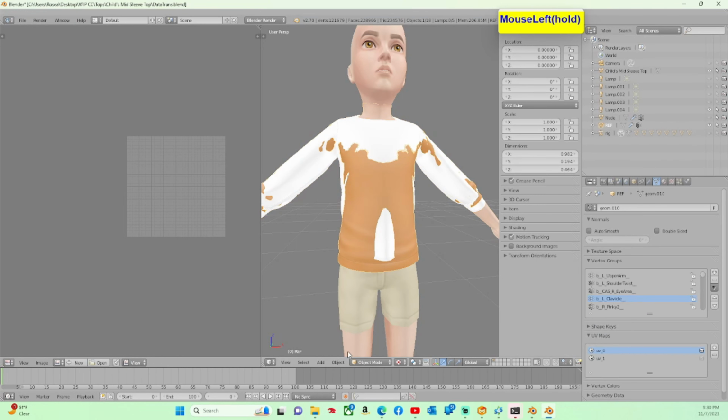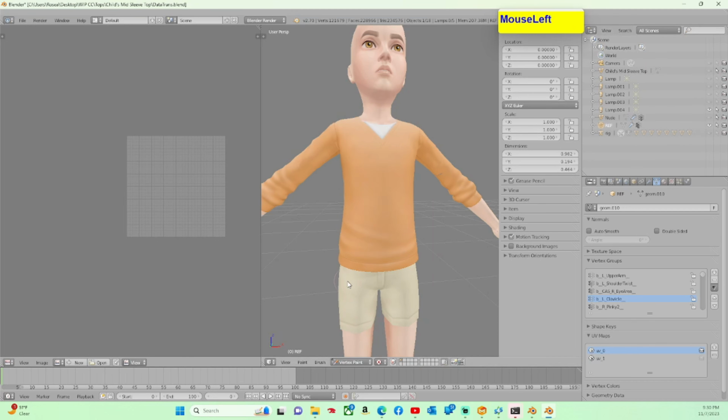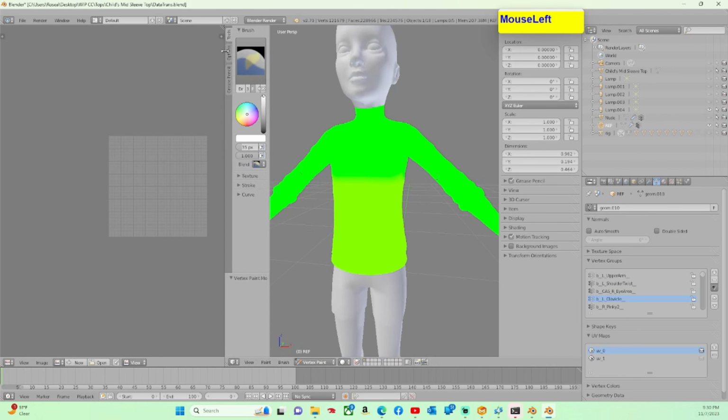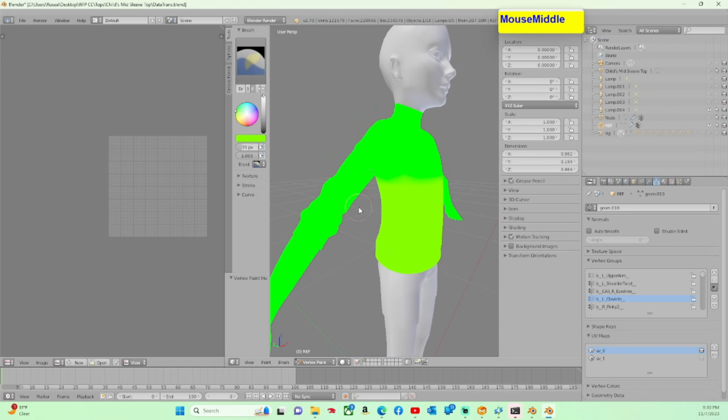We're going to click on our reference and go to Vertex Paint and hide our creation, and then change to solid mode and open this back up, and you should see this panel. Click this, click the dropper, then I'm going to click about right there,